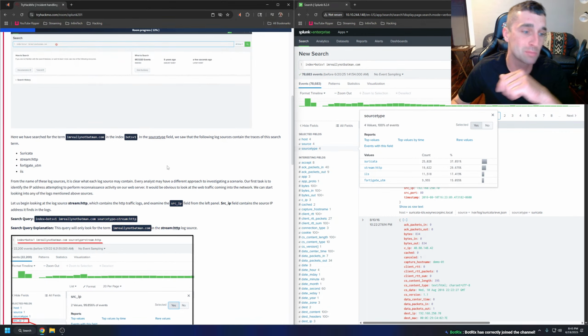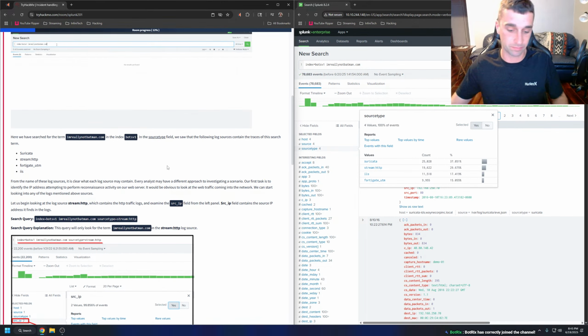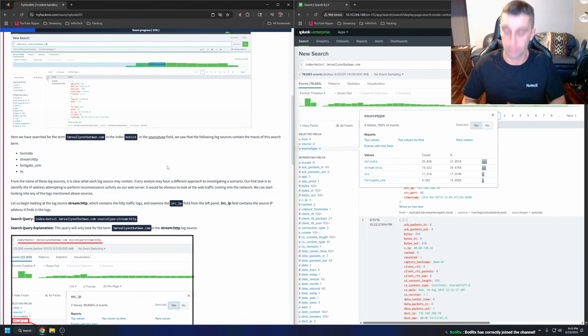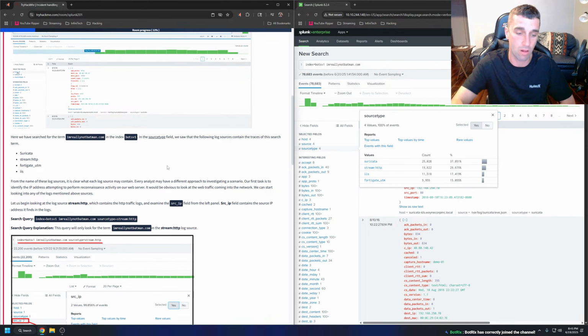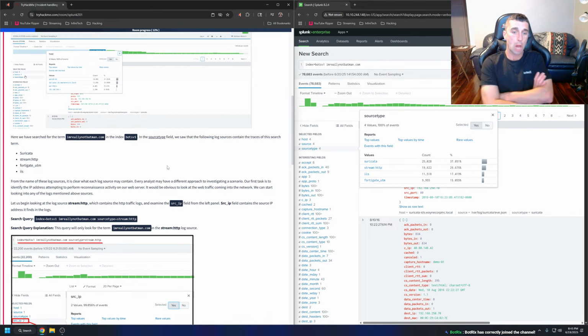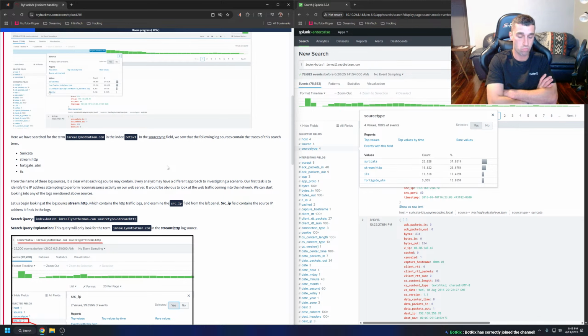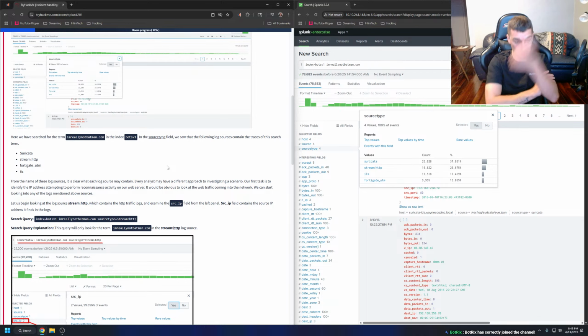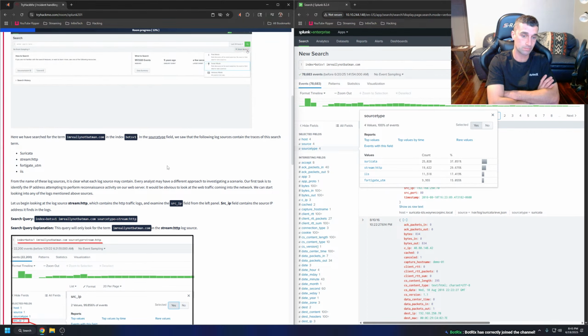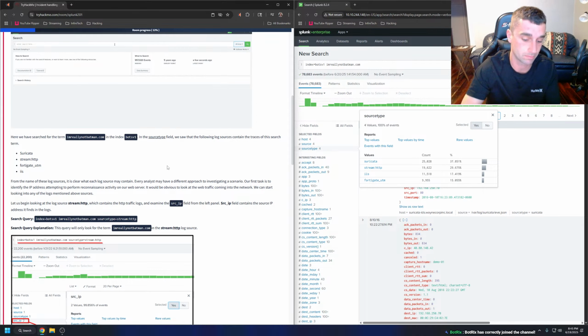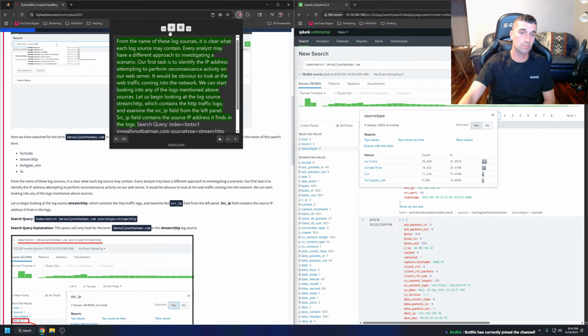From the name of these log sources, it is clear what each log source may contain. Every analyst may have a different approach to investigating a scenario. Our first task is to identify the IP address attempting to perform reconnaissance activity on our web server. It would be obvious to look at the web traffic coming into the network. We can start looking into any of the logs mentioned above. Let us begin looking at the log source stream:http, which